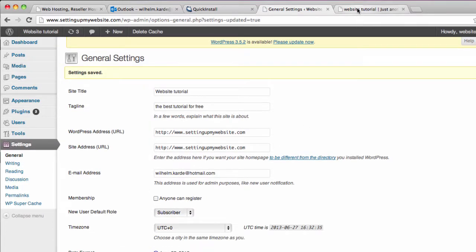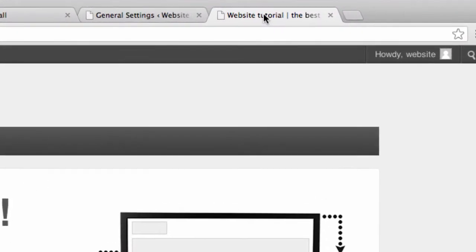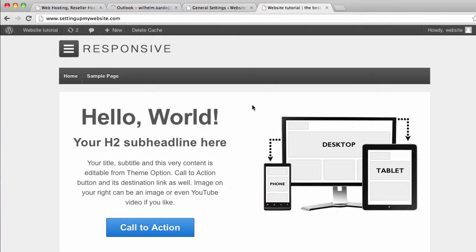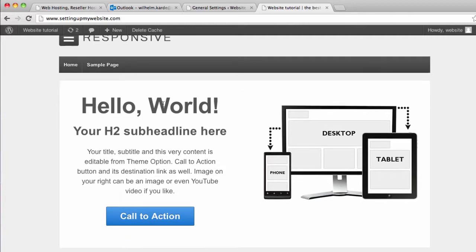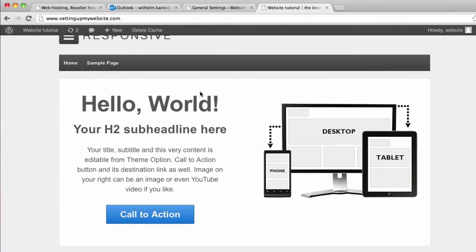Now go back to your website, refresh, and if you hover, you will see that it says website tutorial, the best tutorial for free. Okay, now let's add some pages to our website. We can start by removing our sample page, however, as we won't need it in the future. I'm just going to click down some unwanted tabs first,